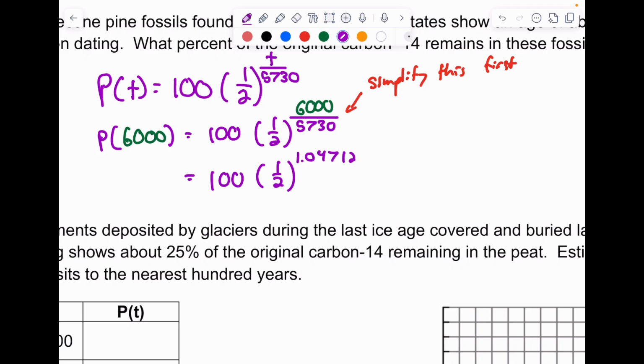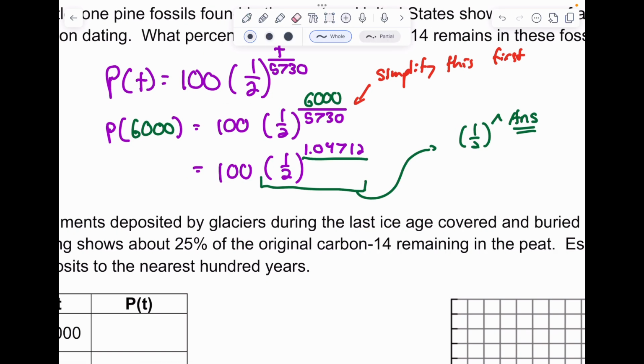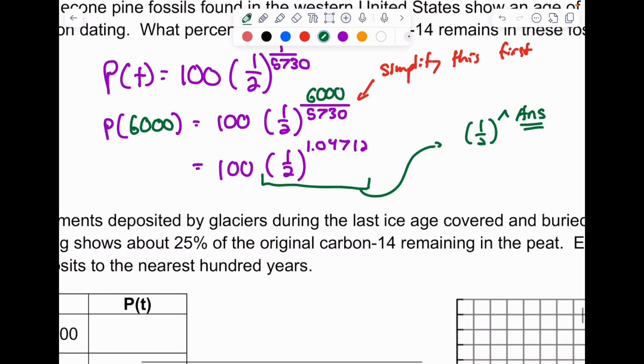But what you want to do on your calculator is instead evaluate this portion right here, just so you avoid rounding errors, go 1/2 to the power of answer. That way it is an unrounded amount, okay? So you don't actually have to write this number, you're using answer. So I go 1/2 or 0.5 to the power of answer, and then I multiply that by 100, and I get